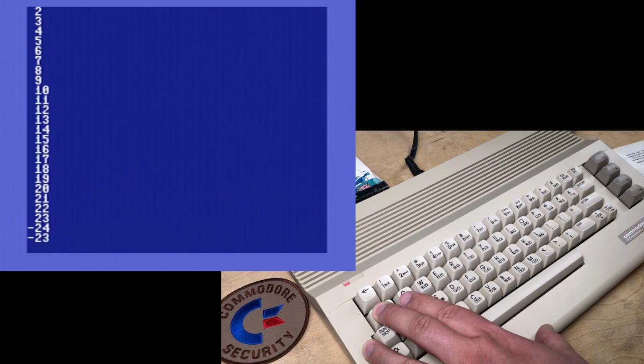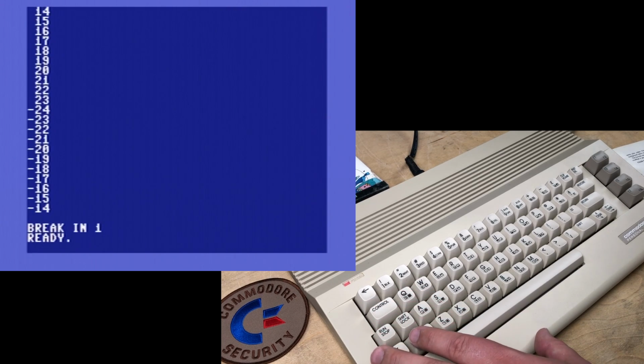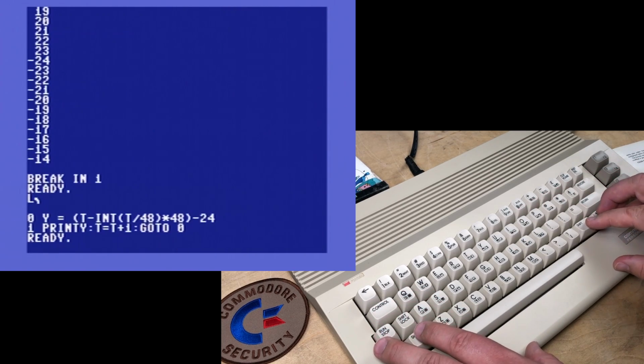23, minus 24, but now it's going back down again. Well, if you ignore the minus sign, it's actually doing exactly what we want. Now it's coming back to 1, back to 0. It's crossed over into positive now. But you see, we've got it going 3, 2, 1, 0, 1, 2, 3, again, if you ignore the negative sign. Well, fortunately, there's a function for that